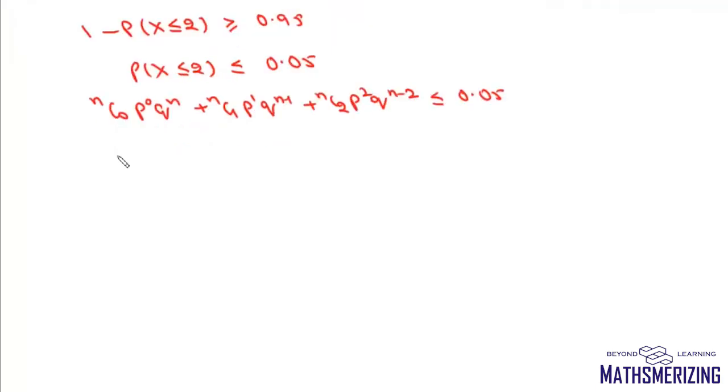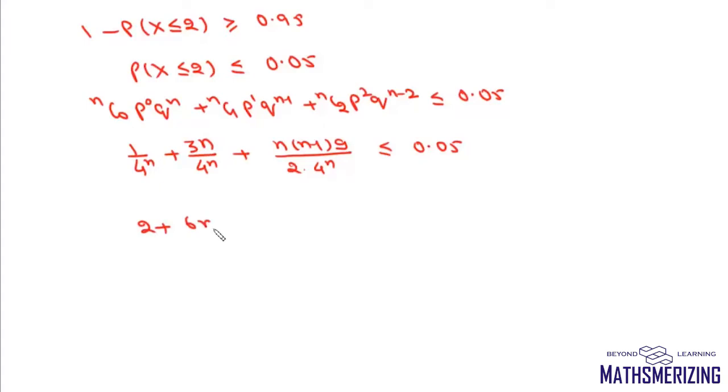Now this is 1 by 4 to the power n. Now this is 3n upon 4 to the power n, and this is n minus 1 into 9 upon 2 into 4 to the power n, and this will be less than or equal to 0.05. Now if we take the LCM, we can write